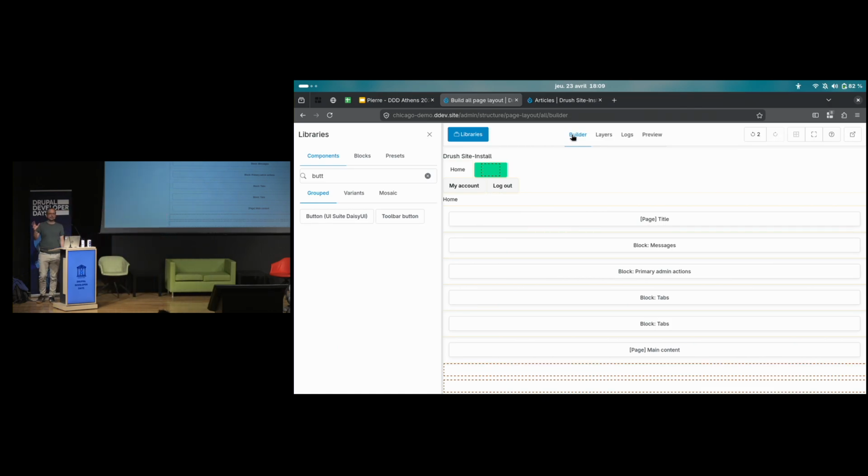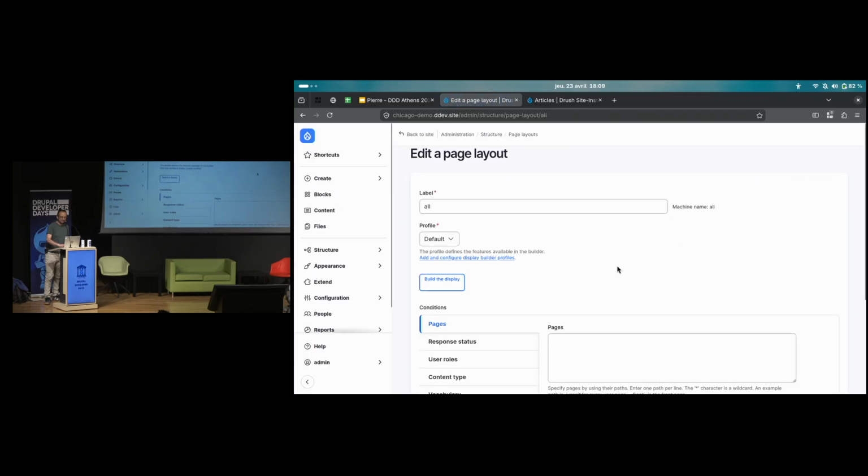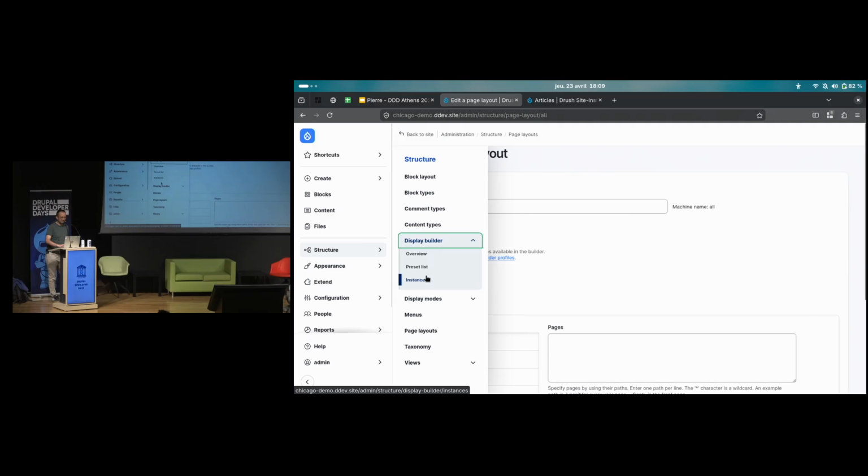Let's start with Layout Builder Restrictions. It was to restrict the blocks and components, no? So, you remember when I picked a profile. Let's go to my profile list.